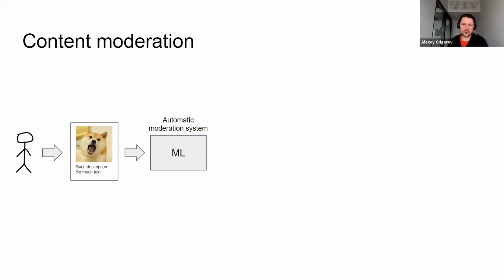This is just a fancy way of saying that there is a bunch of machine learning models. Each of these models looks at the listing and decides if it should go live on the platform or not. They basically decide whether to accept it, and if they accept, then it goes live on the platform. Or they say, okay, this is suspicious, this looks like a gun, or this looks like a pornographic image, then it's rejected and it does not go live.